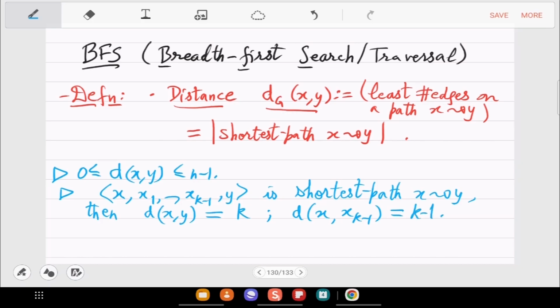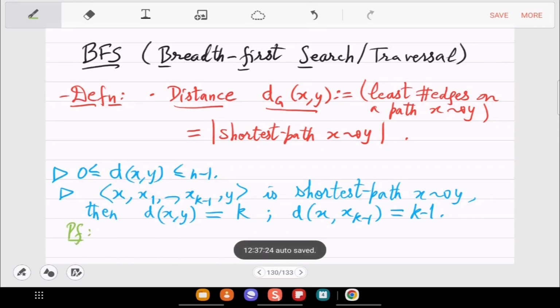Do you agree with this? Why is it exactly k minus 1? Why cannot there be a very different looking path which has k minus 2 edges? Exactly, you guys are smart, just not in the exam.